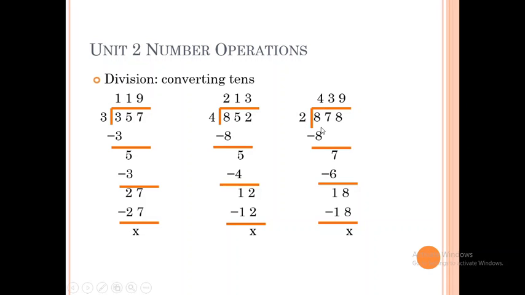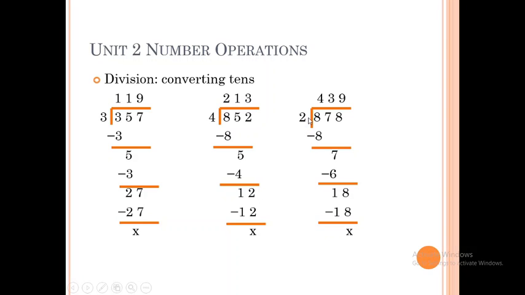2 fours are 8. Divide these 100. We have 800 here. Read the table. 2 fours are 8. It means hundreds are completely divided. Nothing is here as remainder. Now the next one, how many tens do we have? We have 7 tens. Copy these 7 tens here for division.